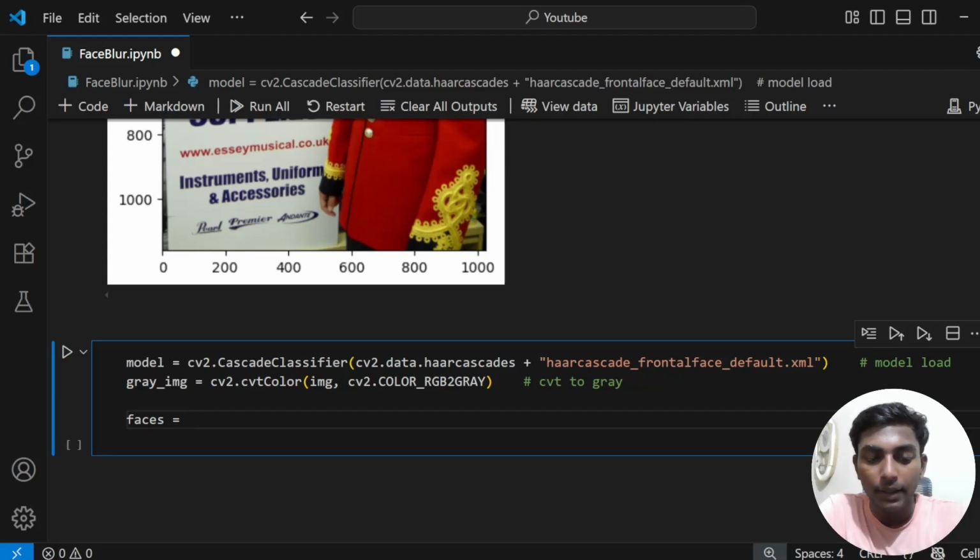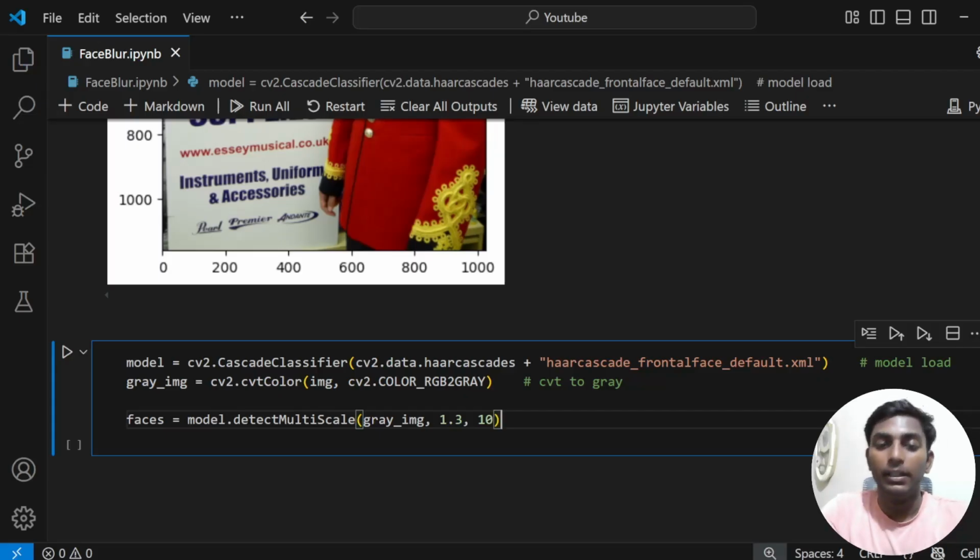So faces, what our model dot detect multi-scale, bracket, and in that we are going to pass our gray image, comma, and two parameters. First of all 1.3, and next one will be 10. Why? Let's understand these things. This is our image, as we know, and the second parameter is the reducer. The second one is our 10 value, which is basically nothing but a minimum size of pixel for any face